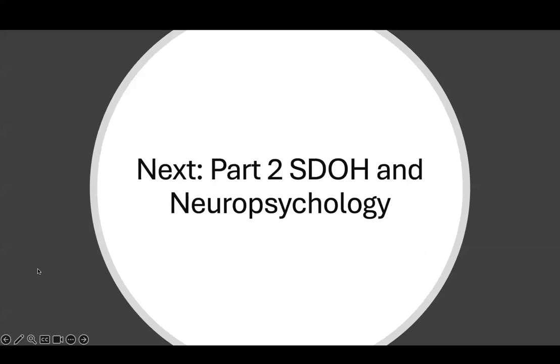So today we talked about social determinants of health, why they're important, examples of them, how they show up in our communities, and then also described how many of these contributed to inequities during the COVID-19 pandemic, and also how the pandemic changed some trajectories, including extreme poverty. So we had some increases after years of decline, which reflects that we still have work to be done in these areas. And in part 2, we are going to be discussing social determinants of health and how they relate to neuropsychology specifically.